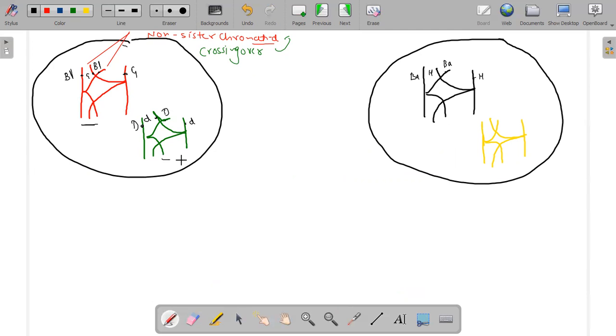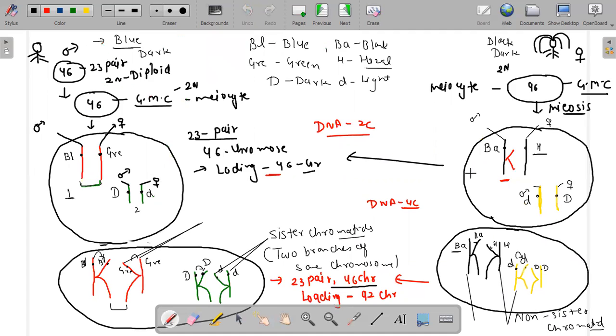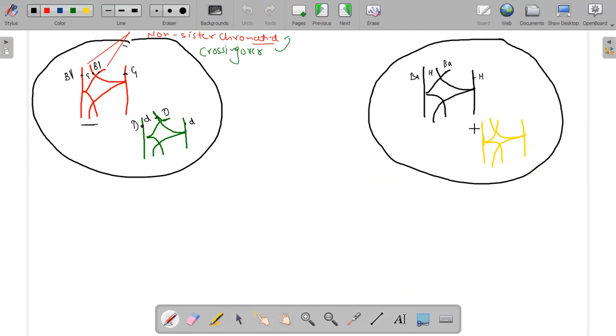And suppose this one is the second, fourth, or fifth pair. Suppose this one is the fifth pair, so this one is again the fifth pair, because these pairs are determining the eye color. So actually I am telling you the process of meiosis in a very short manner, and how gametes are formed. You have to see this 2, 3, 5, 4, 6 times, until you are able to understand this.